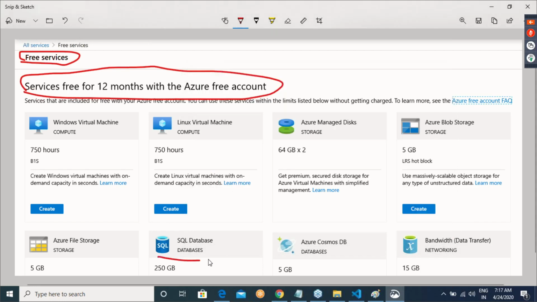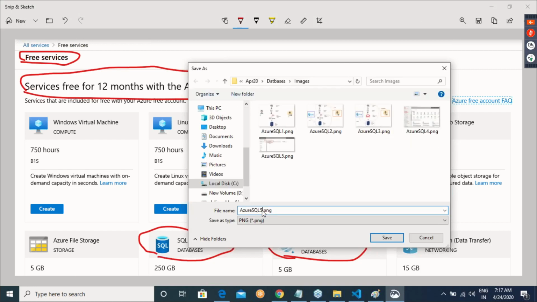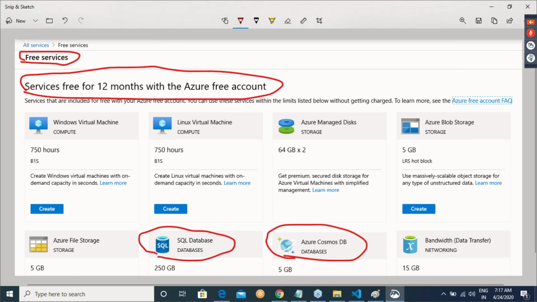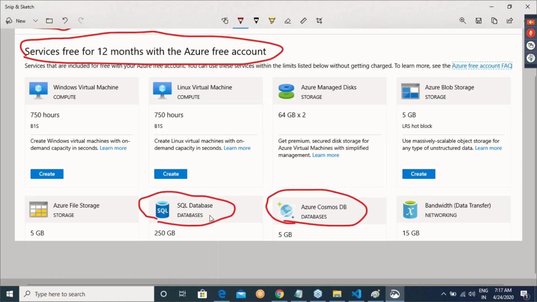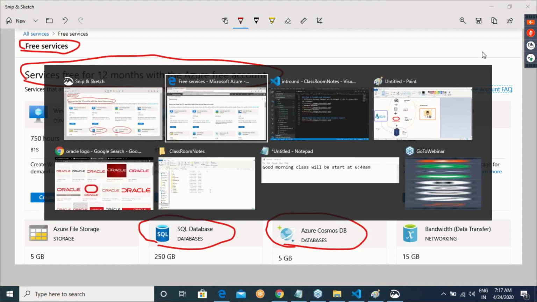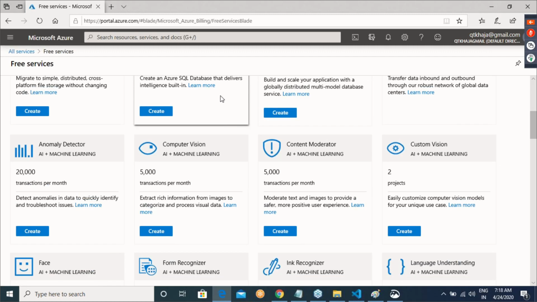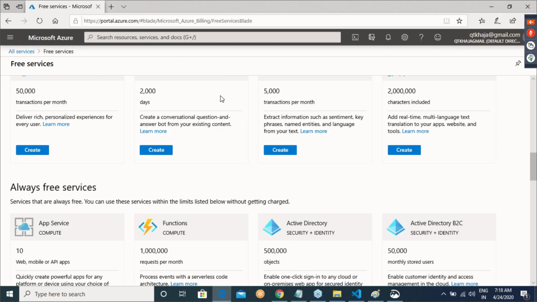Let me write this one and this one because this is related to what we are learning right now. What is free with respect to SQL database? You can create an SQL database of 250 GB. Cosmos database, you can create 5 GB. These are the services which are free for 12 months. You can go on and on over here.